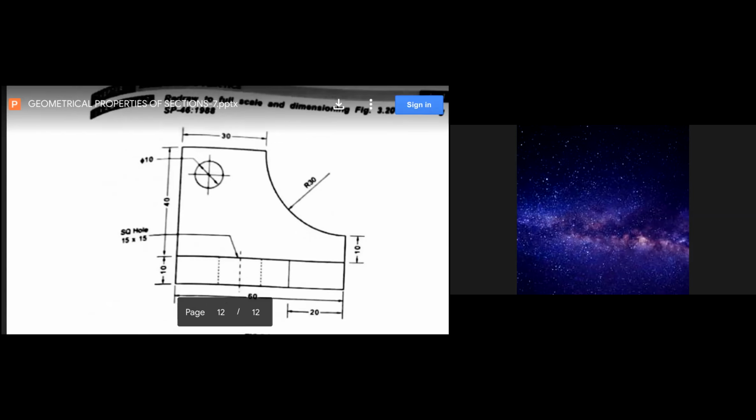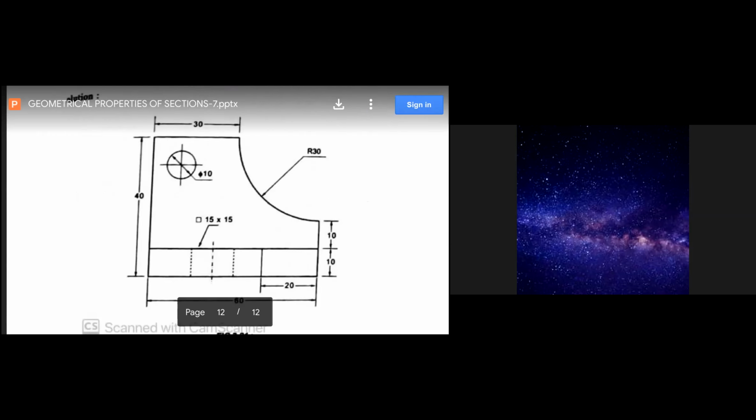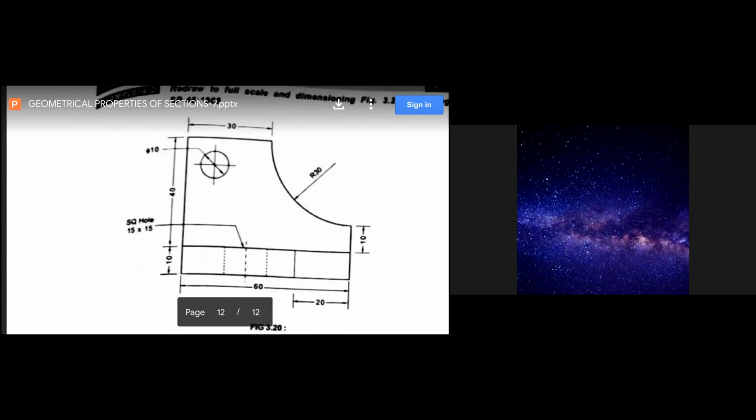And here, see this 40 mm. This is incorrect. The 10 is also incorrect. The total is 40, and you can write it from the bottom direction. You have to follow any one of the methods, the aligned system or the unidirectional system. Here the 40 mm is neither aligned nor unidirectional, so for writing the correct dimension, you have to write from the bottom side: 40 mm.